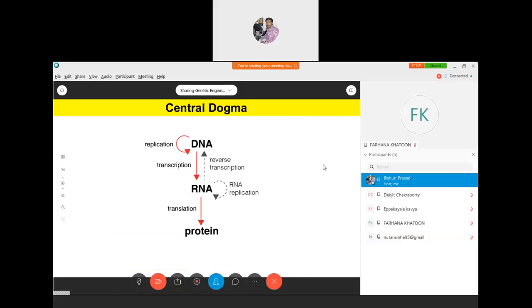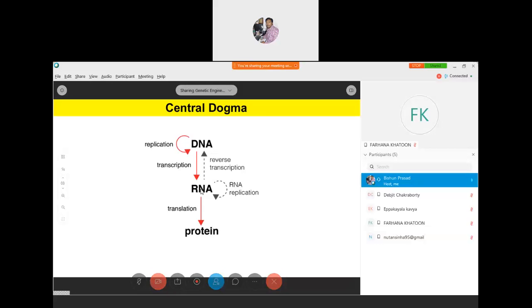So this is the central dogma. You have also seen it in the last class. This DNA, a double-stranded DNA, will encode the mRNA, and this mRNA will encode the protein. DNA has the capability to replicate itself, and it has the capability to transcribe, and that process is known as transcription. So formation of mRNA from the DNA is known as transcription, whereas formation of protein from the RNA is known as translation. And there is also reverse transcription, which converts the mRNA to DNA.